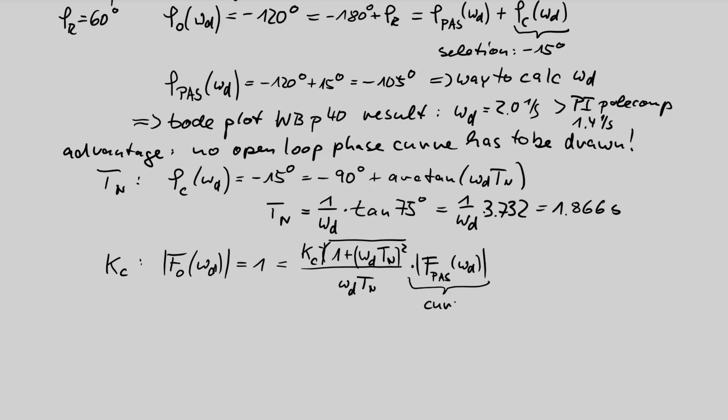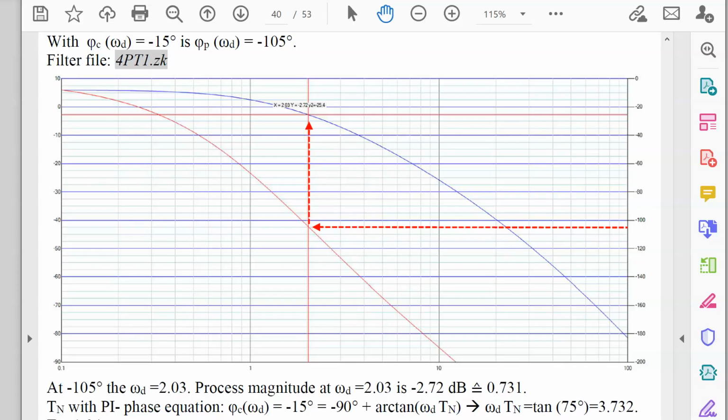The curve throws out a value, and omega d Tn, you see omega d Tn is 3.732, because this is tangent 75. We look into the curve at frequency 2,